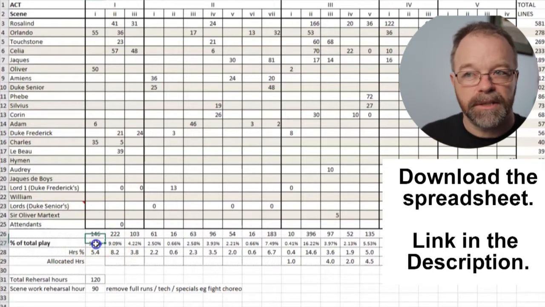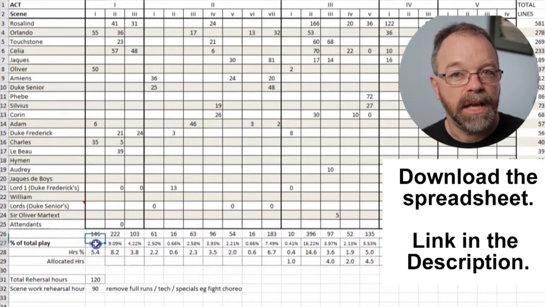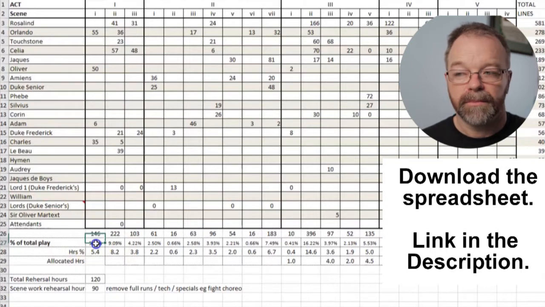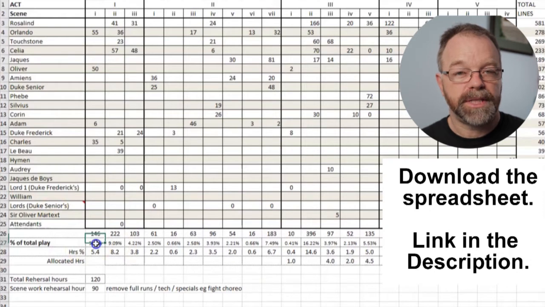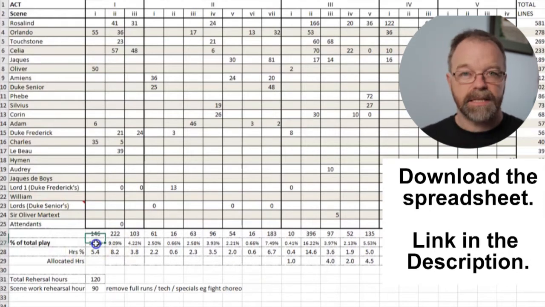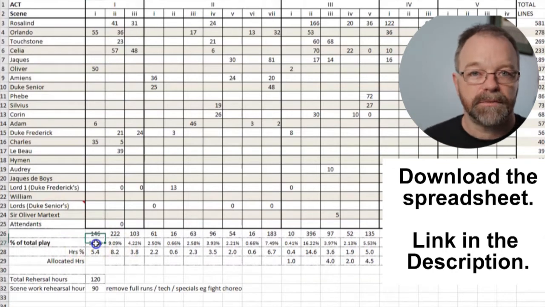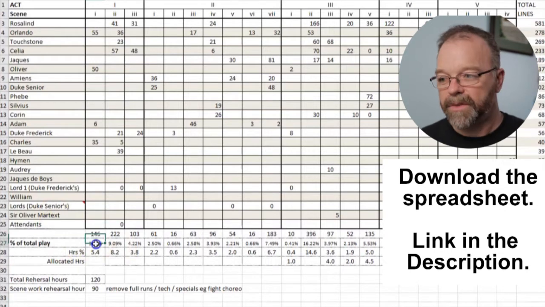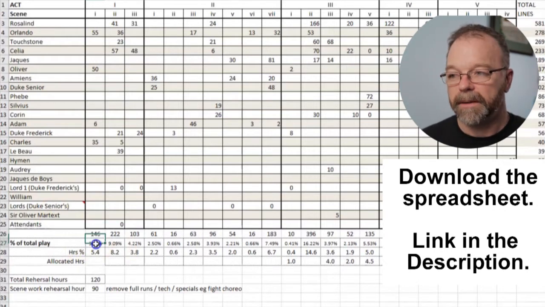And there's a couple of reasons I do that. Number one is in block 1, I have already rehearsed every scene. Every single scene gets allocated time in block 1, and we run every scene. So by the end of block 1, every single scene has been touched once. That gives the actors just a great sense of relief in the fact that they know they've at least touched every scene. Then we put it all together, because that's when you start to see it's actually coming together as a show. And to get that so early in the rehearsal process is amazing. So that is a key thing for me.